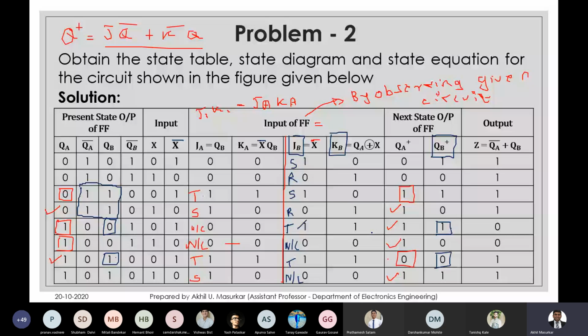Okay, anyways. Now coming back to the state diagram. I want you to look at the first two conditions. So you can see here QA is 0, QB is 0, QA